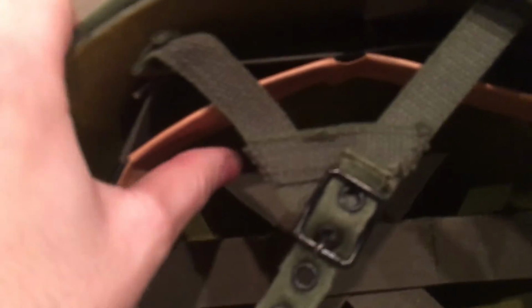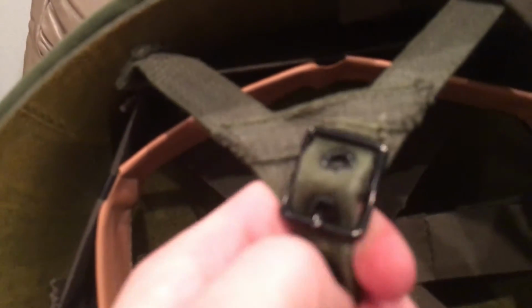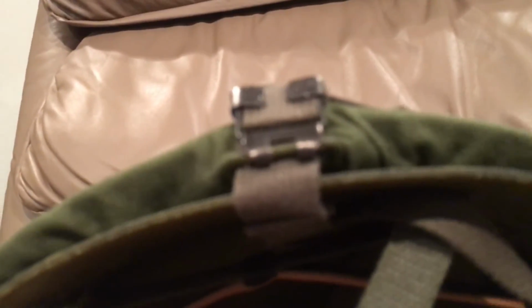And this is an airborne liner. You could tell by the A yokes on here, and the A yokes just made it a lot more stable, because on the normal M1 the only chin strap is connected to the shell, but the airborne liners are all connected to the liner. And in World War II, the liner was held in place by tension. If you had a cover on it, it would be enough to hold it in there, or there would be a leather